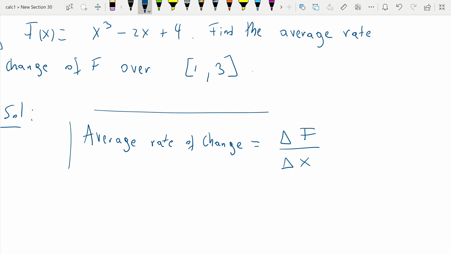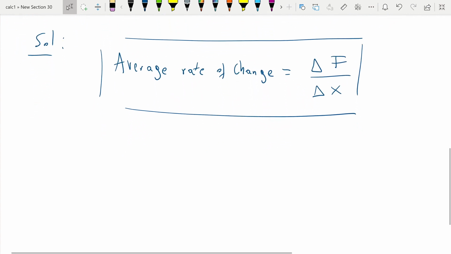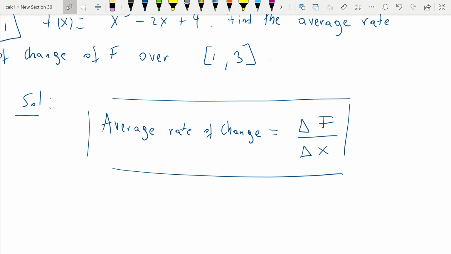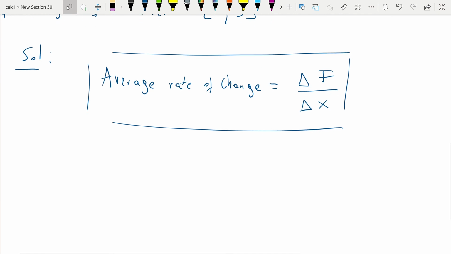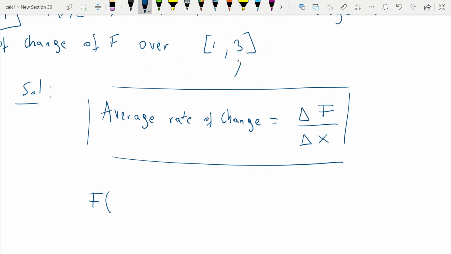In general, if they're asking you a problem of rate of change involving a particle, then you're usually measuring the rate of change according to time, or what's the same, the average velocity. Okay, so this is the average rate of change. What we're measuring here is the change of f on the interval [1, 3] divided by the change in x on [1, 3]. So for this problem, we need to compute this quotient: